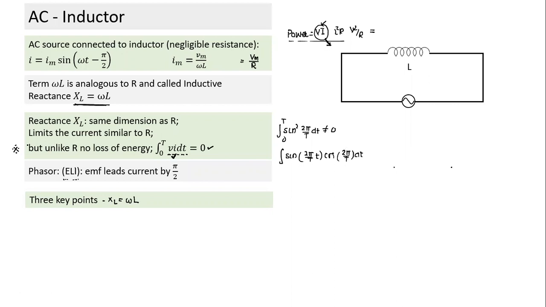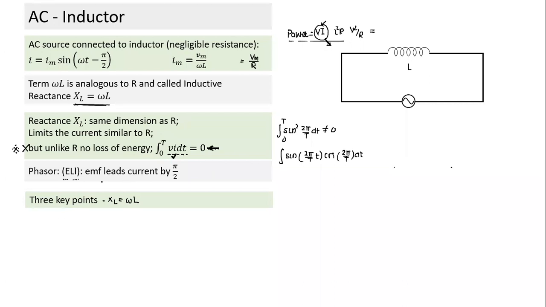If it doesn't make sense for the time, you can skip it. Even this is not necessary. Without this also we know, in case of inductor, as the current increases, it absorbs energy. As the current decreases, it releases energy. And if it comes back to the same level of current, net energy is 0 in case of inductor. Some people may find it counterintuitive why we are doing Vi. If you understand, it's okay. Otherwise, nothing. If we integrate Vi, it will come to 0 in this case, which is similar to power consumption.